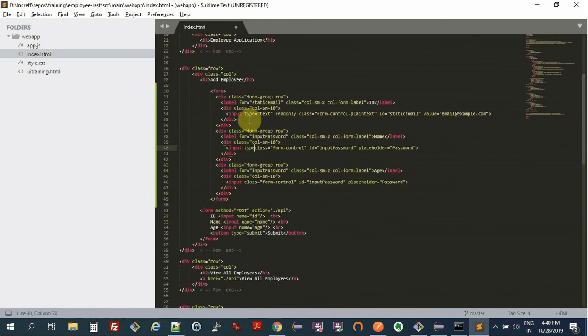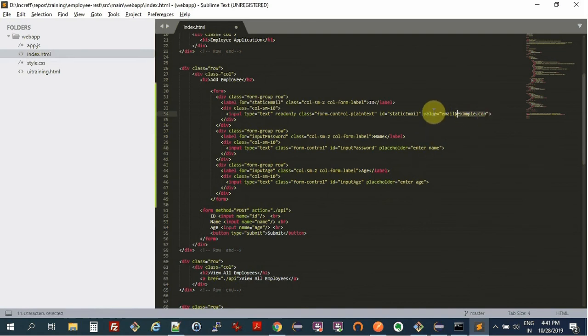Okay, we'll just say type equal to text over here, and ID is input age. So it's saying it's label for this input. Enter name